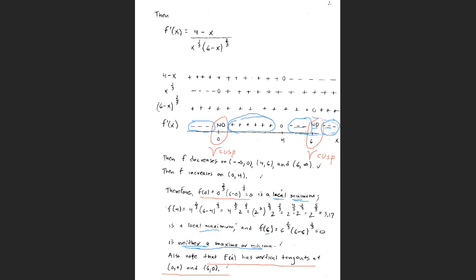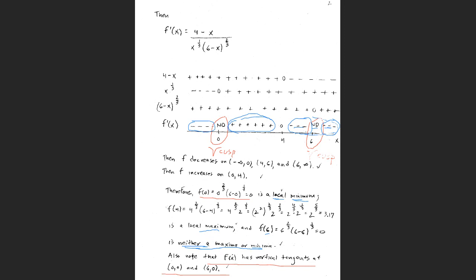Got to be a little bit careful here, class. There's something I said that isn't quite correct. The fact that the second derivative is not defined at x equals 6 doesn't mean that there's a cusp there. That's not correct. But it does mean that there's a vertical tangent there. So I need to take out that comment